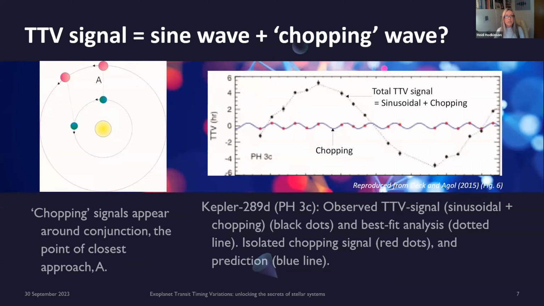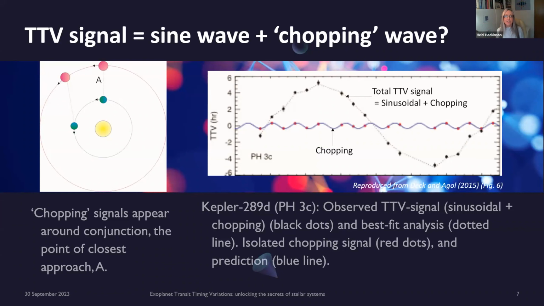So along with that dominant near sinusoidal TTV signal, much lower amplitude, higher frequency chopping signals may also be observable when the two exoplanets in a pair pass each other on their respective orbits around their closest approach, known as planetary conjunction. That's just shown on the left there. Analytic equations have been derived for this chopping signal, and they can help to break that mass eccentricity degeneracy because they are only dependent upon the exoplanet mass and not on the eccentricity. So here you can see the observed whole TTV signal on the right. That is a combination of the sinusoidal and, well, near sinusoidal and chopping components,